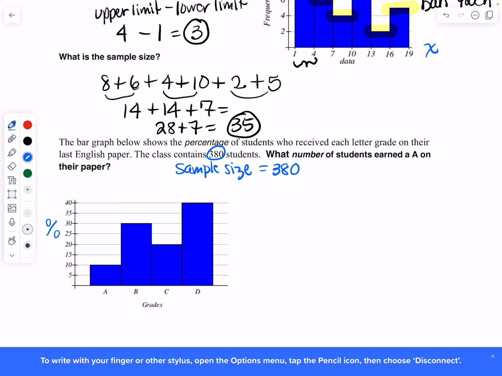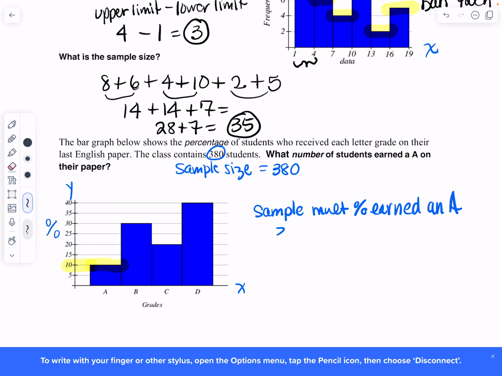All right, so if we look at the x-axis, remember that x is the horizontal axis and y is the vertical. The x tells us the grades these students receive. So we have A, B, C, and D. I'm looking at the A bar, and I see that there's 10% of the class that got an A. So how do we figure this out? We take the sample, and we're going to multiply it by the percent of students that earned an A. Okay, so what does this look like? This looks like 380